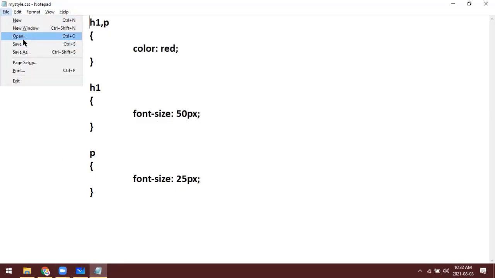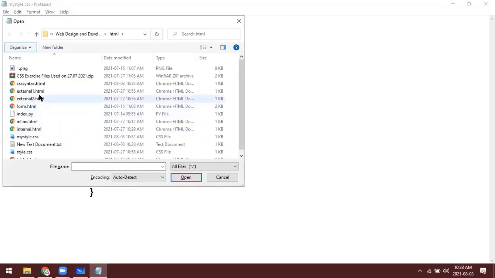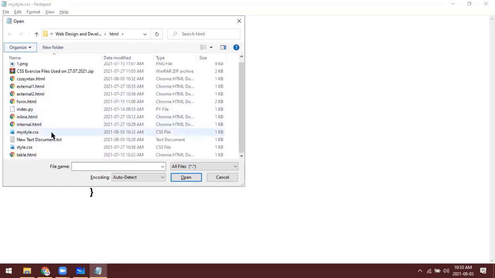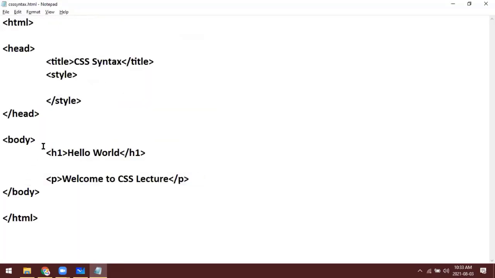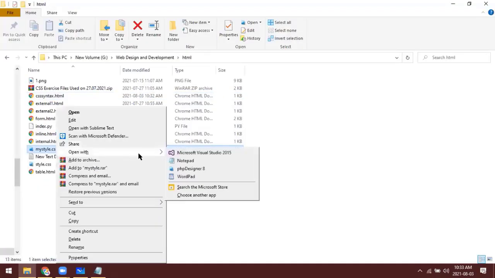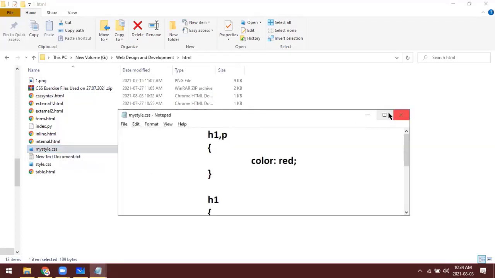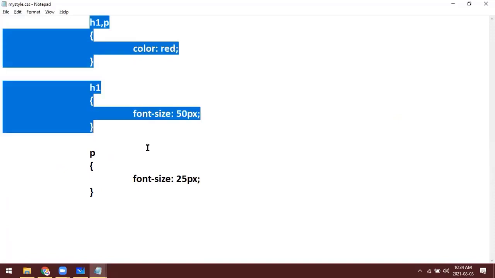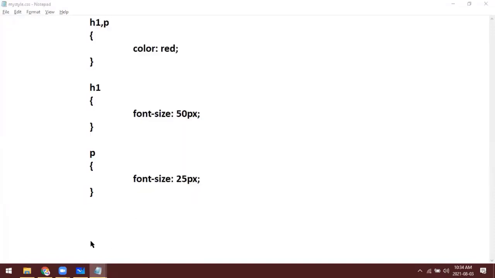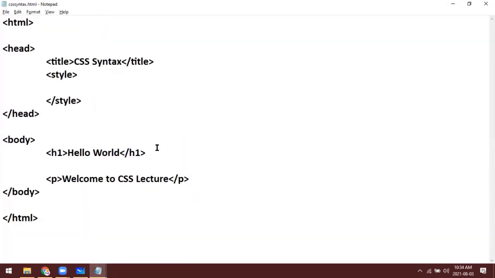Now let me open. This is our file, right? Save it as CSS syntax. Now we have to link this style to this HTML.